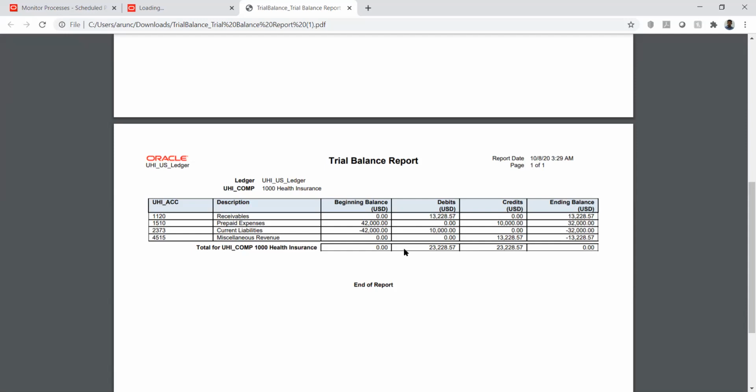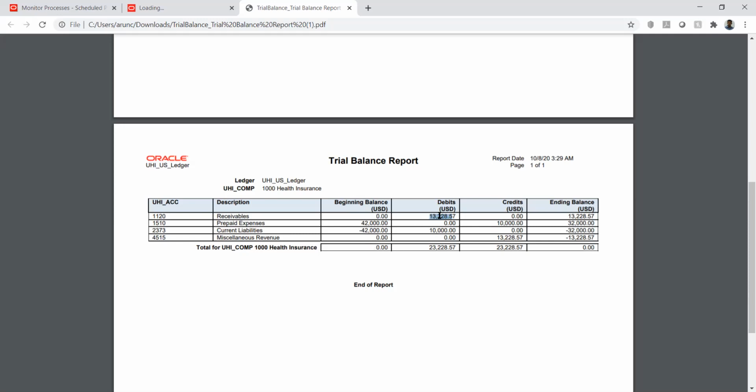Since we had few transactions in October, the system has taken the opening balance. For receivable, if you see, we didn't do any transaction. Just today we did a few transactions. That is why for receivable and revenue account, the opening balance will be zero. So we did this on debit and the miscellaneous revenue on credit.